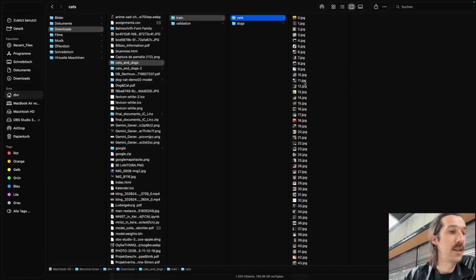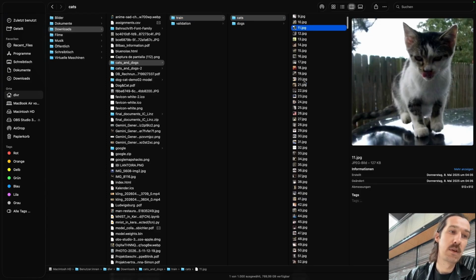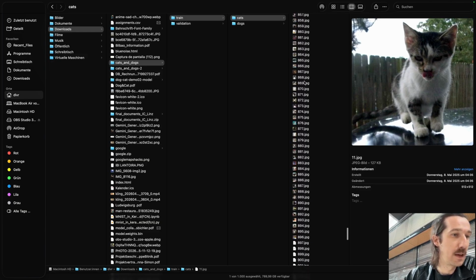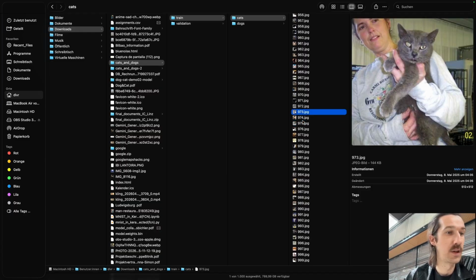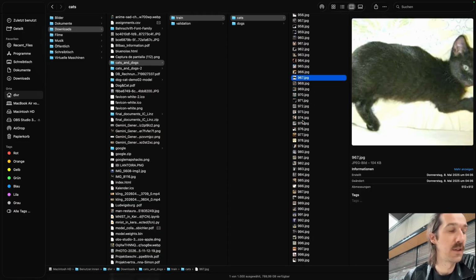And here we can see inside that there are a lot of cat pictures. I think when I scroll down, there should be around 1,000 cat pictures in our training data set. You can go through it, and you see they have different cats, different styles, different backgrounds, and different contexts as well, which is quite important to make our model stable, so that you can show any kind of image of a cat and it will still predict it as a cat. So it will try to understand what a cat looks like.